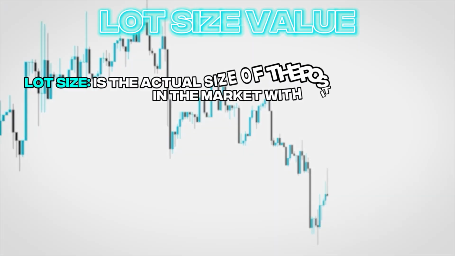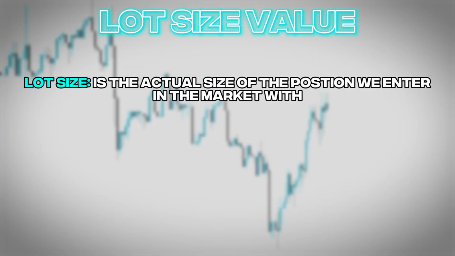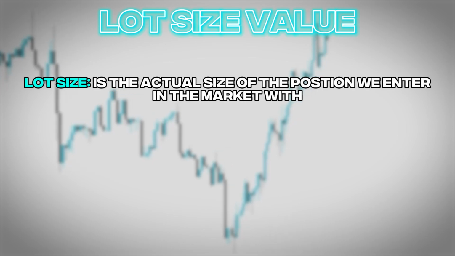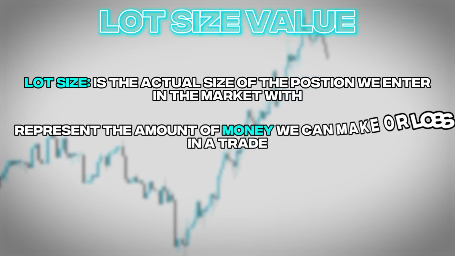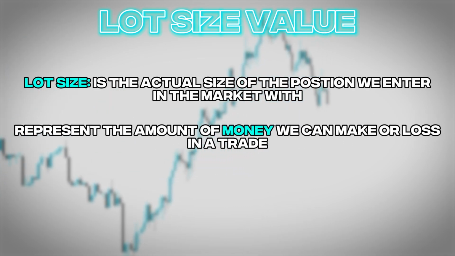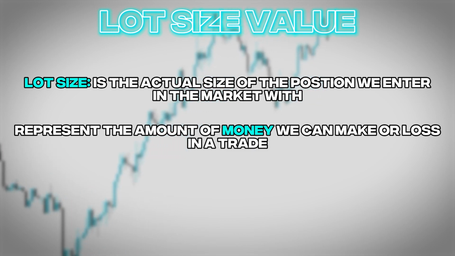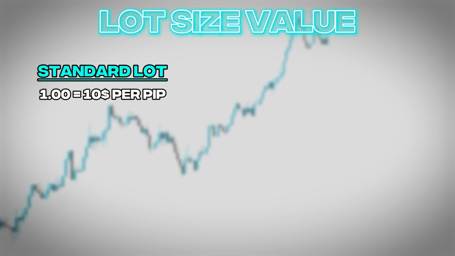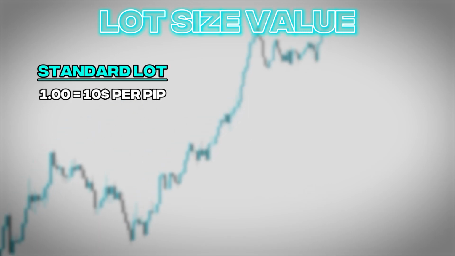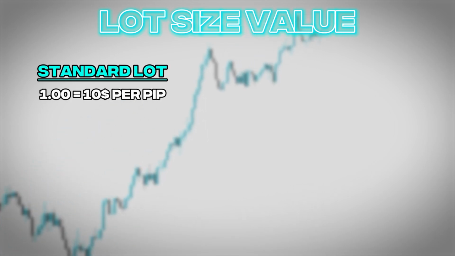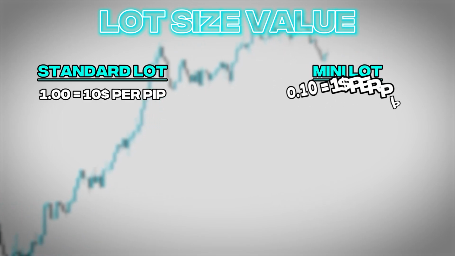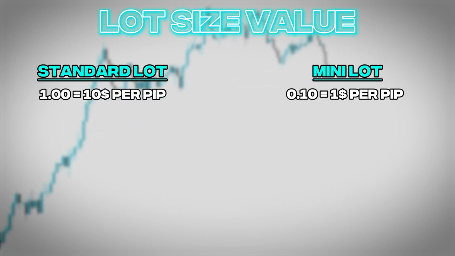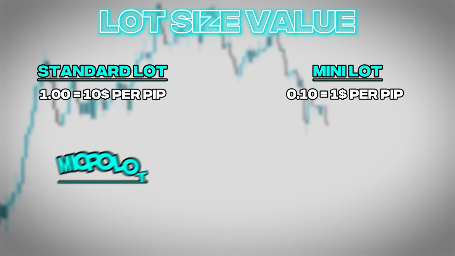Lot size or lot size value is the actual size of the position we enter in the market with. In short, it represents the amount of money we can make or lose in a trade. And to give you a short example, for one standard lot, which is 1.00, we have $10 per pip. In 0.10 lots we have $1 per pip, and if we have